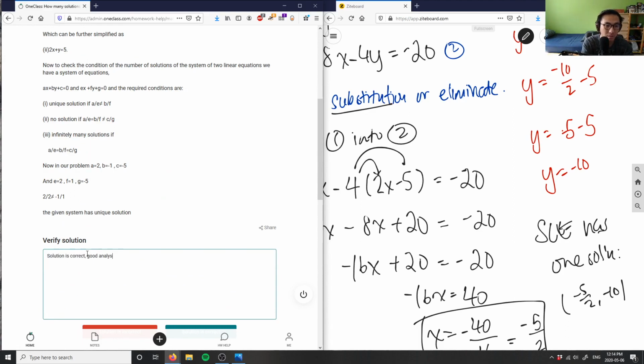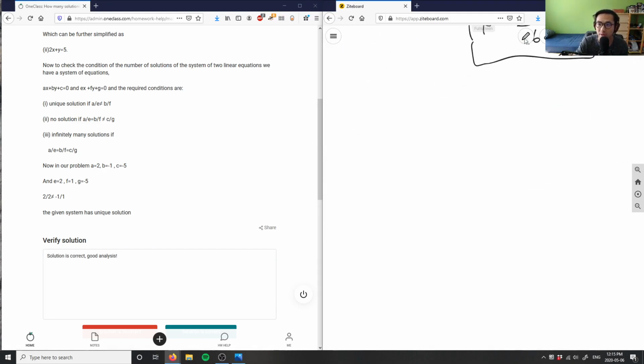Good analysis here. And basically, you can think of this as a grade 10 problem where we're talking about the point of intersection between two linear lines, or you can think about this as a linear algebra problem when we're talking about systems of linear equations. We could rewrite this as a 2x2 matrix, and then solve the matrix for x and y values, to determine whether it has one solution, no solutions, or an infinite amount of solutions. Again, depending on what this means, if I show you visually,